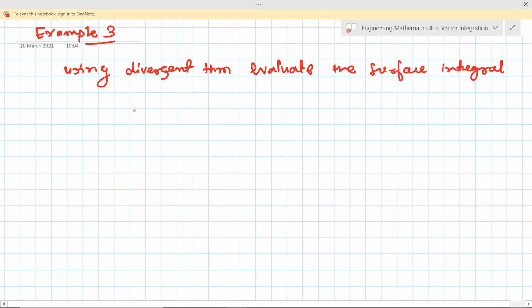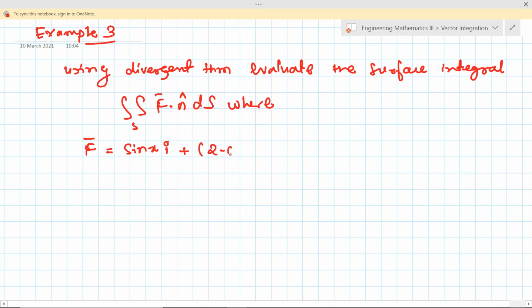What is that surface integral? It is the surface integral of A bar dot n cap dS over S, where A bar is given here. A bar is equal to sin x i plus (2 minus cos x) j, and